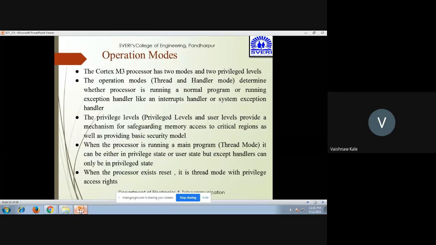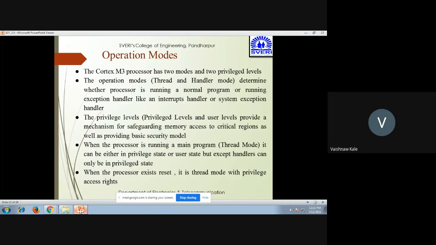Now why are these 2 levels there? Because at user level there are some programs which you can run, but privilege level needs that privilege because it cannot be left open, otherwise there will be security issues. Hence there is a user level as well as a privilege level. Depending upon what kind of security is to be provided, it can access in privilege level or user level. In the case of user level, it can get an opportunity to work as a privilege level, but that too has limitations.